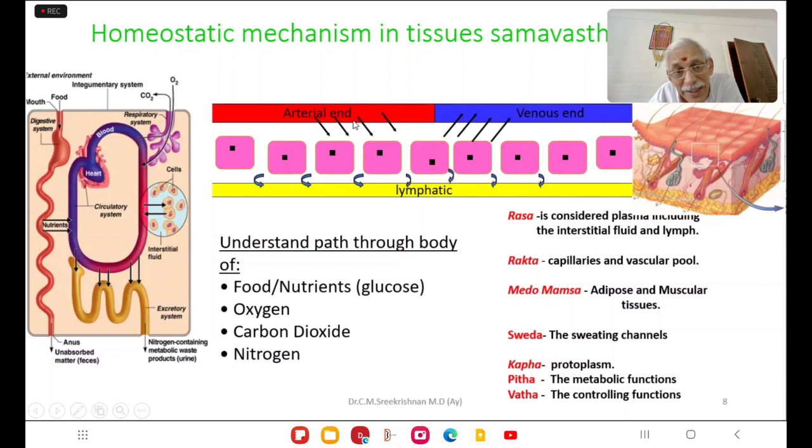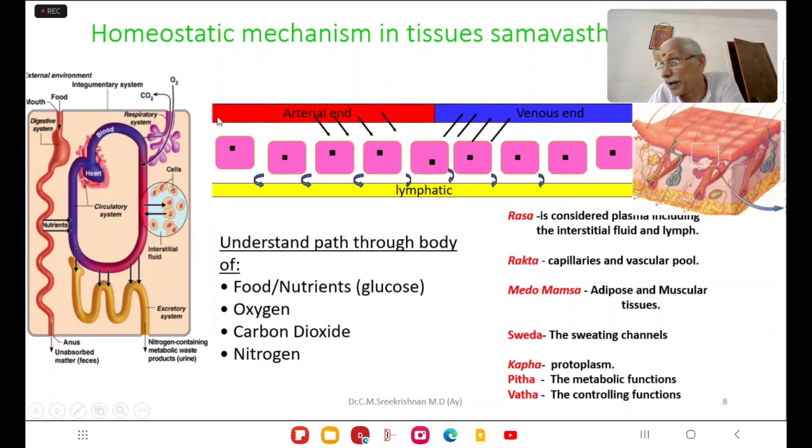Here, the arterial blood circulation through the artery should be maintained properly. Only then can the hydrostatic pressure and the osmotic pressure in these two areas be maintained properly. The pressure at the artery end depends upon the viscosity of the blood and the force by which the blood travels in the artery. By that, the nutrition comes inside the interstitial fluid. Like that, the venous pressure absorbs the unwanted waste material, and the remaining will be absorbed. So the force here should be maintained properly